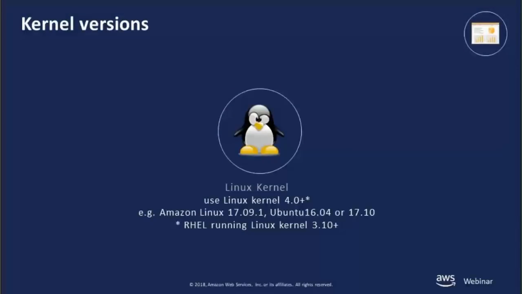In terms of some of the best practices, we do recommend when you're mounting an EFS file system to mount it from a client running a Linux kernel 4 and above. Often I get asked by customers, well, what's the difference? If I have a client that's running maybe an older kernel version and a client that's running a current kernel version, what's the difference? What can I expect? So really what I want to do is show you this. Let me go ahead and jump over to a demo, and let me show you what we can actually